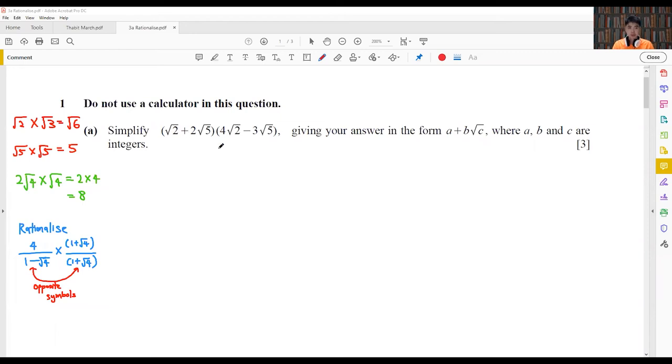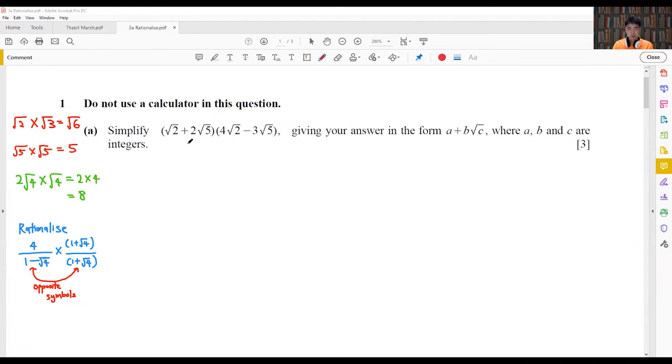Hello ladies and gentlemen, for this video we'll be looking at surds, some of the rules of surds, and finally how to rationalize surds. Okay, so looking at your first example question here, when asked to simplify the double brackets both including surds, giving your answer in the form of a plus b surd c, where a, b, c are